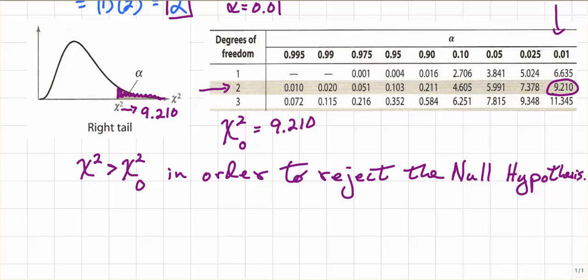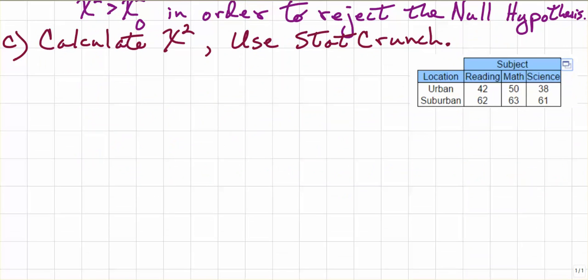We're going to use statcrunch to do this. So part C, the problem for this though is the way the contingency table is set up. We would normally go ahead and left click on this and then open it in statcrunch. But we can't use the contingency table the way it's set up in statcrunch. So we're going to have to modify it. We're going to go ahead and rearrange the rows so that they are now columns. And so we would have urban and suburban. And then we're going to put the subjects down the side, which will be reading,